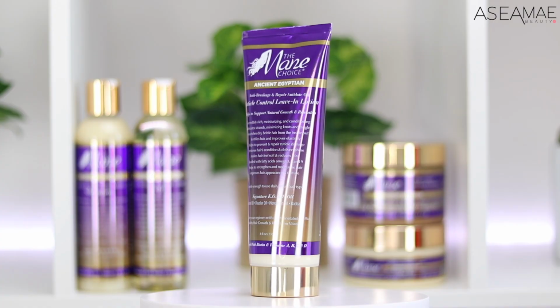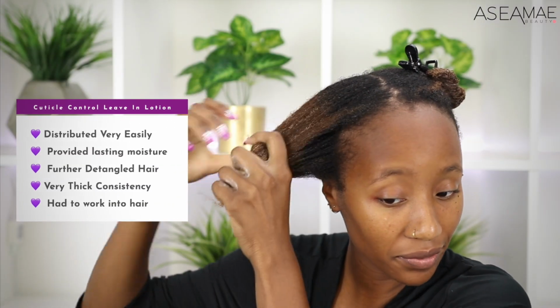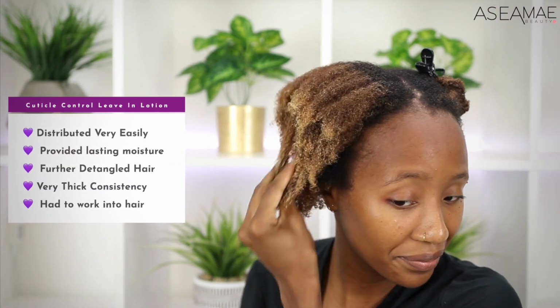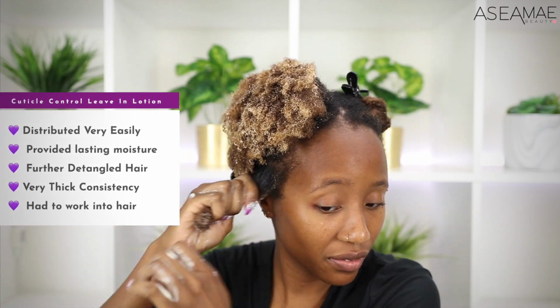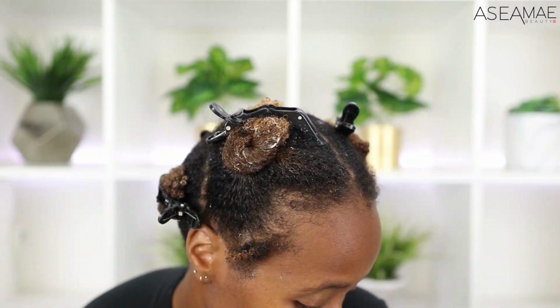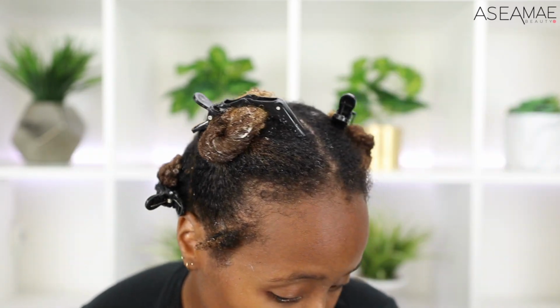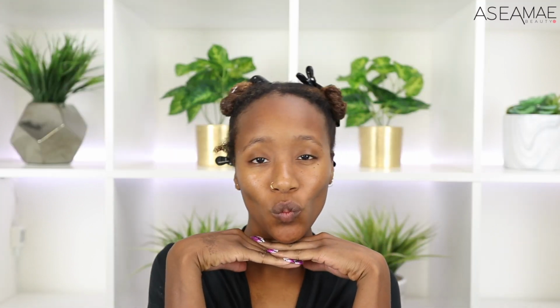So once I rinsed my hair out, I was ready to move on to styling. I applied the leave-in conditioner first. Now this leave-in conditioner is thick, like it is super thick, but it is very moisturizing. I did have to work it into my hair really well though. It didn't just go in. I had to kind of smooth it throughout, break it up into smaller sections, but the moisture that it provided was amazing. So I applied it onto 4 sections of my hair and then I moved on to the styling